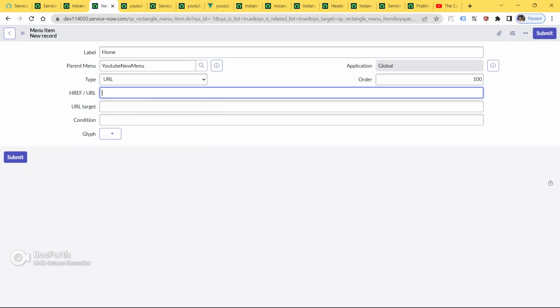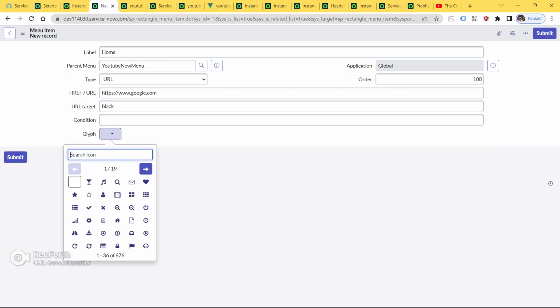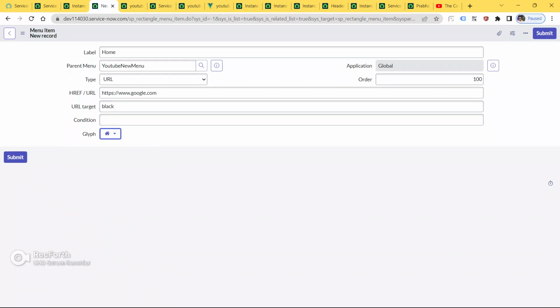For now I am going to put the type as URL, and I'm going to put https://www.google.com. I'm going to set the target as blank, in order to open this URL link in a new tab.